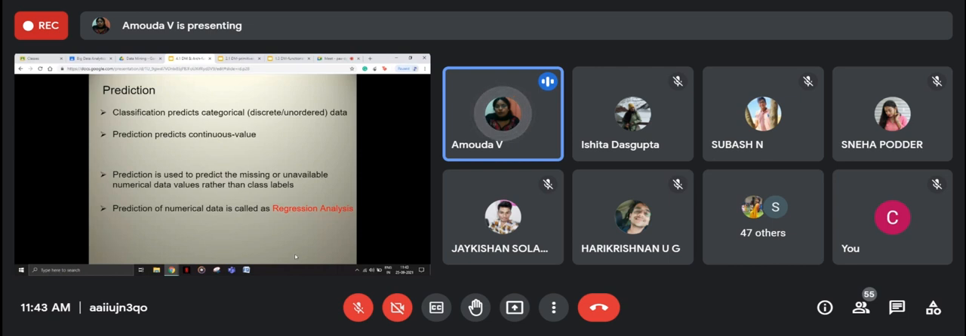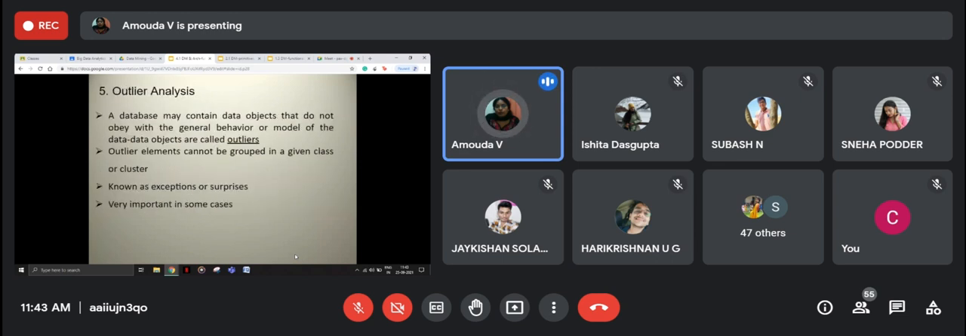So under the predictive task, we have two functions, which are classification and prediction. As I have introduced what classification and prediction are, in detail we'll see later. Then the next function that comes under the predictive task is